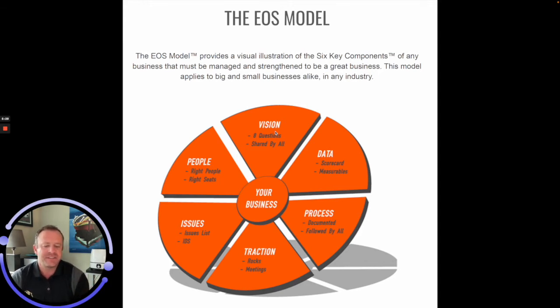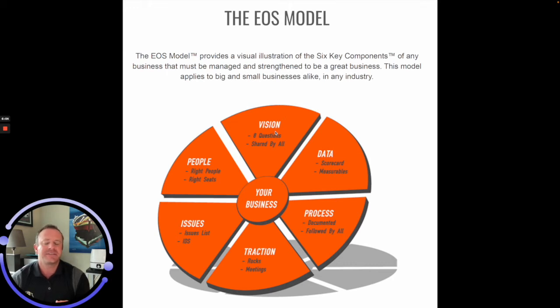Process basically means systematizing our business by identifying and documenting the core processes that define the way we run our business. We need to get everybody on the same page with what the essential procedural steps need to be, and then get everybody to follow them to create consistency and scalability in our organization. The two things that are always very important with process are that it is documented and that it's followed by all. If that doesn't happen, the process isn't going to be successful.